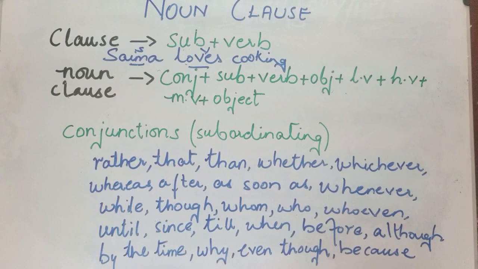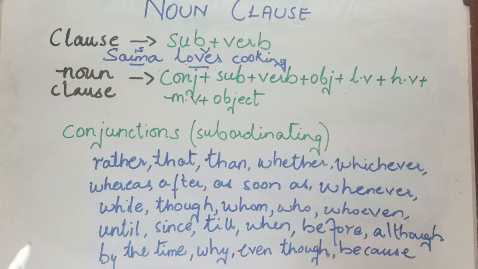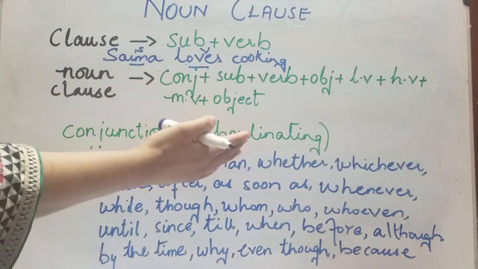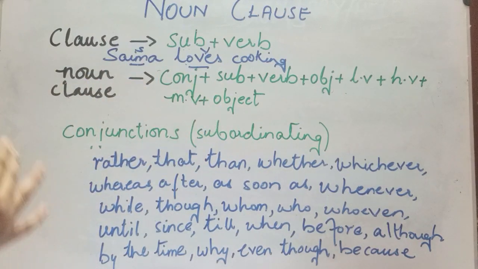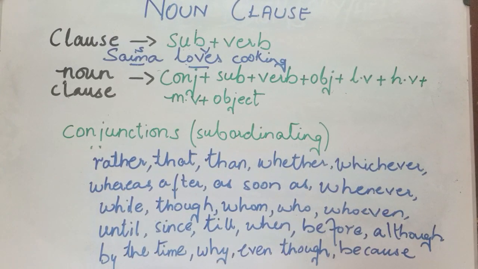Okay, now conjunctions. These are not common conjunctions, these are subordinating conjunctions. You already know that to join two sentences you use conjunctions, but subordinating conjunctions, I've given the examples over here, are those conjunctions that create a relationship between the sentences. This creates a meaning, but it also creates a relationship between the first sentence, the second and the third, and likewise if you have got a lengthy one.